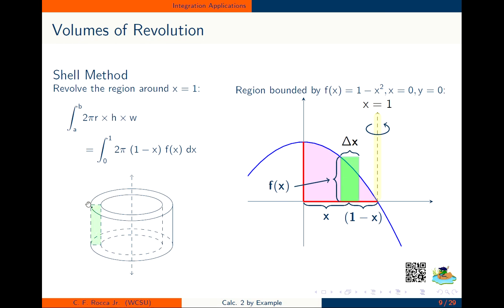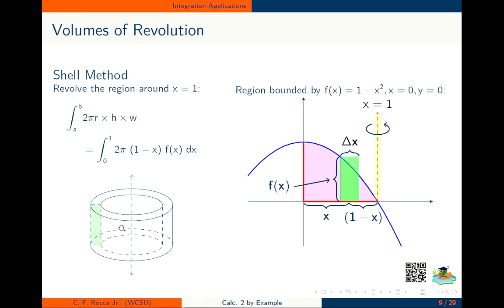x. And the width of the rectangle, the thickness of the wall of the shell, this is called a cylindrical shell, is always going to be delta x, which means as we take our limit, as we let our rectangles get thinner and thinner, the thickness of that wall is going to become infinitesimally thin. All right. So it has a hole in the middle, but the height is variable and the thickness of the wall becomes infinitely thin. So this is a cylindrical shell problem or a shell method problem